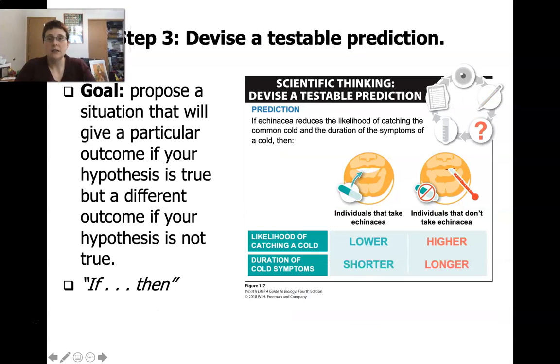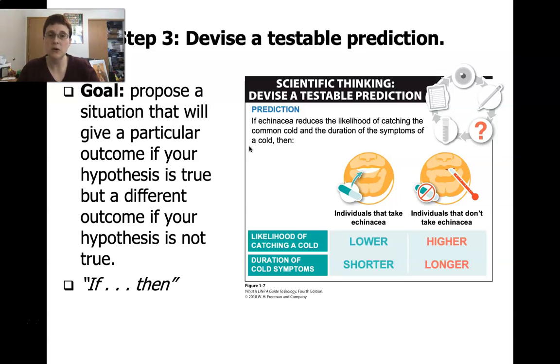So what are our testable predictions? This is where, if you've heard of a hypothesis as an if-then statement, this is where the if-then statements come in. So a true hypothesis is just that it's going to do this, the alternative of no effect. But the prediction is if whatever is going on, so in this case, if echinacea reduces the likelihood of catching the common cold and the duration of the symptoms of a cold,